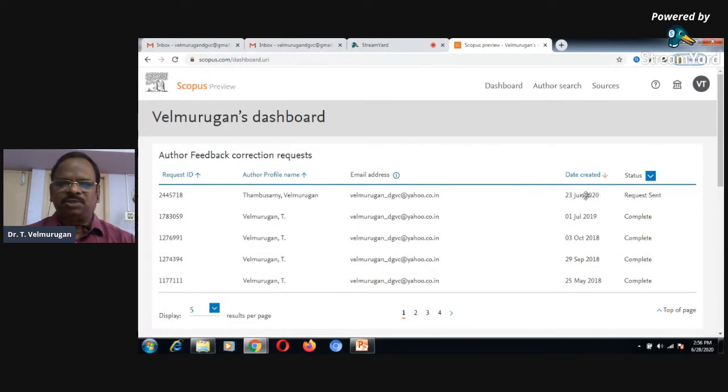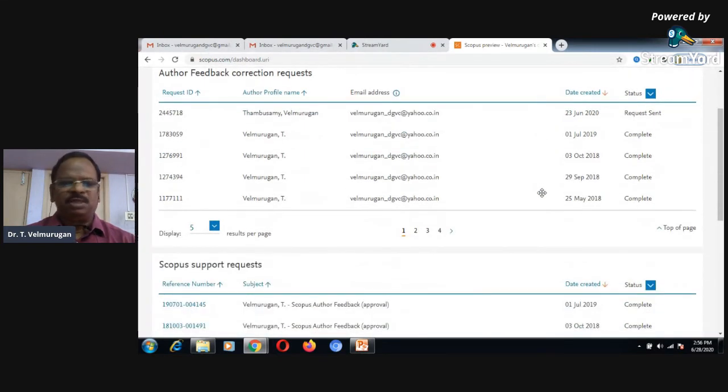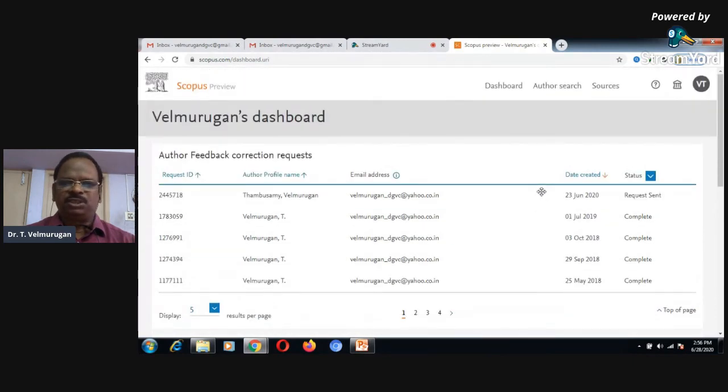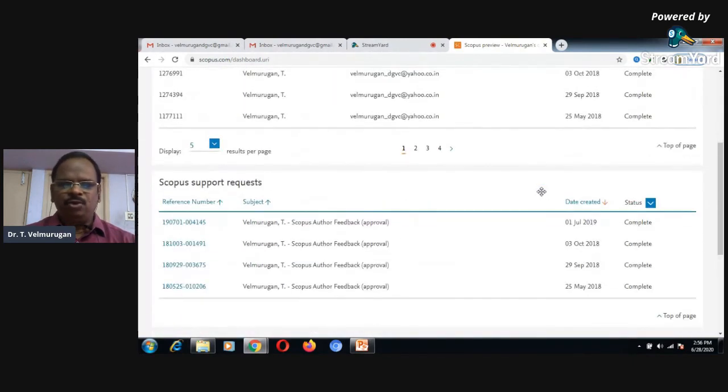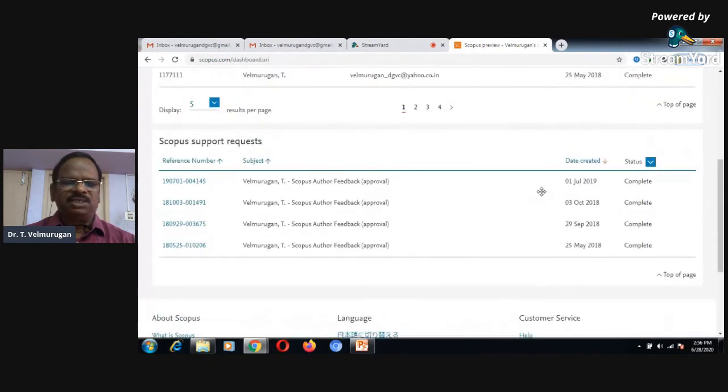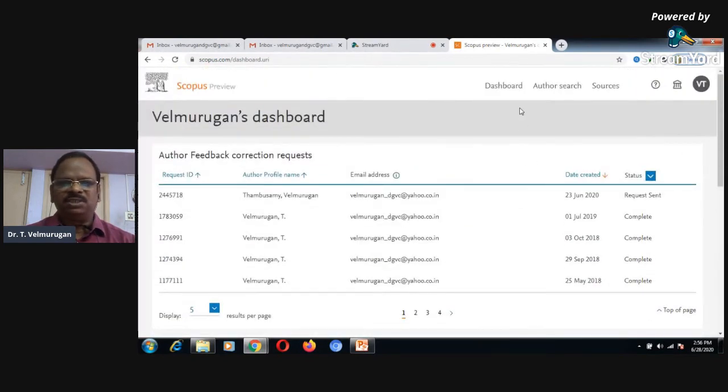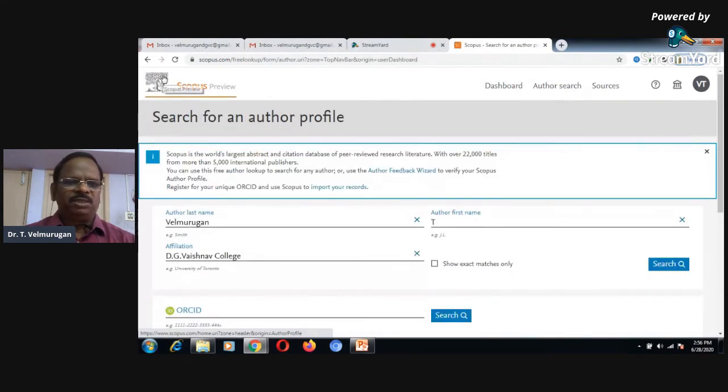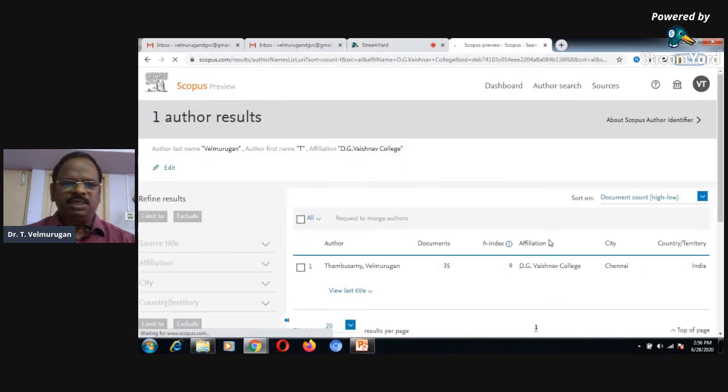The request is actually sent, but Scopus has not responded to me up to this stage. Whenever you correct your articles, everything is stored in this dashboard. This is the use of the dashboard. Then in the author search, you can search very easily. Okay, very simple. In the author search, you can find your names and your articles.